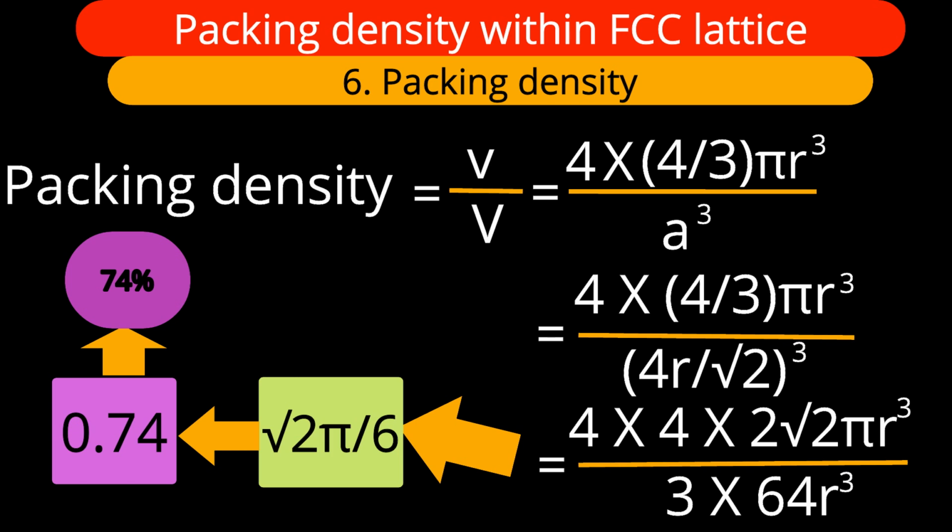Substitute the value of pi 3.14 and find the answer. You will get the fraction of the space occupied by atoms in an FCC crystal is 0.74, means how much fraction still is not occupied? It is 0.26. It is the closest packing possible in case of cubic arrangement. In terms of percentage, if I have to represent, 74% space is occupied by the atoms, means 26% still is left.